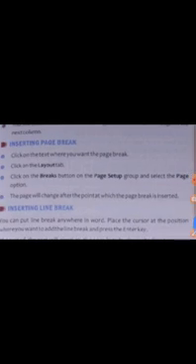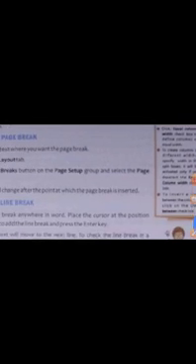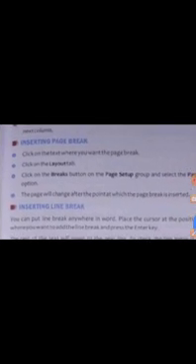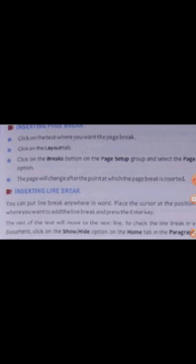The page will change after the point at which the page break is inserted. So page will change means this will be shifted to the next page. This is the method to insert a page break.